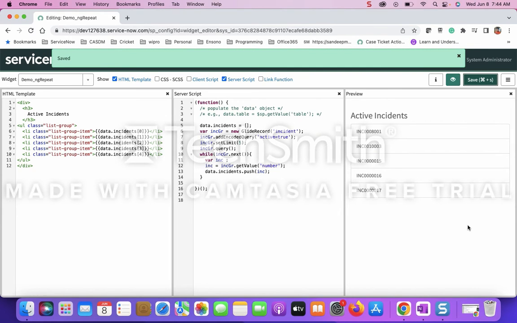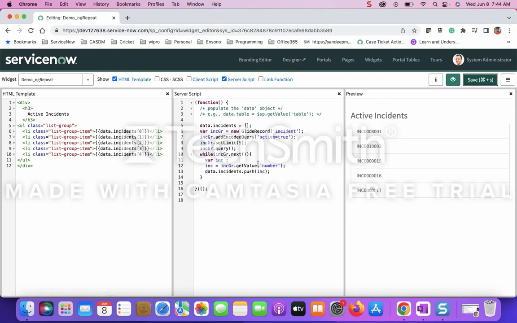Right. So what we have done here is we have 5 elements in an array and we want to display these 5 elements in the HTML side of the widget. So we go through each element through an expression here and we display those 5 elements in the array. This works here since we only have 5 elements, but in a real-time scenario, let's say you have 100